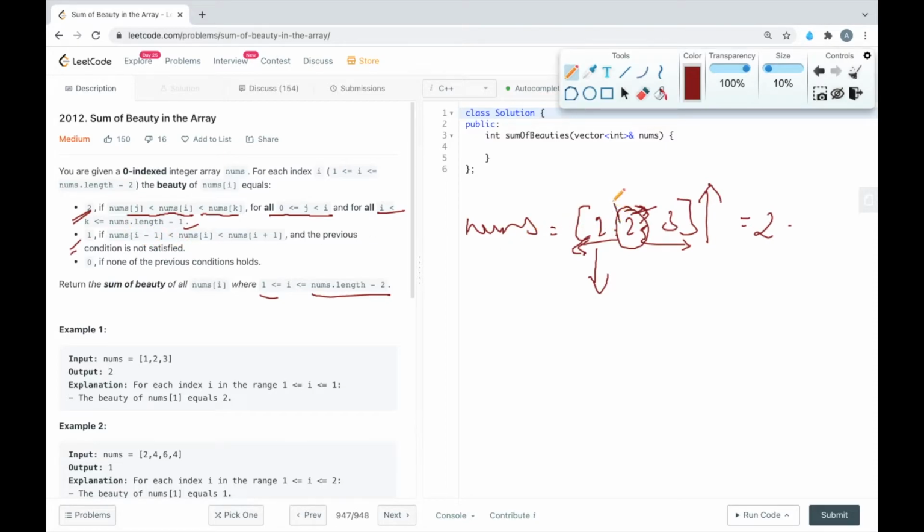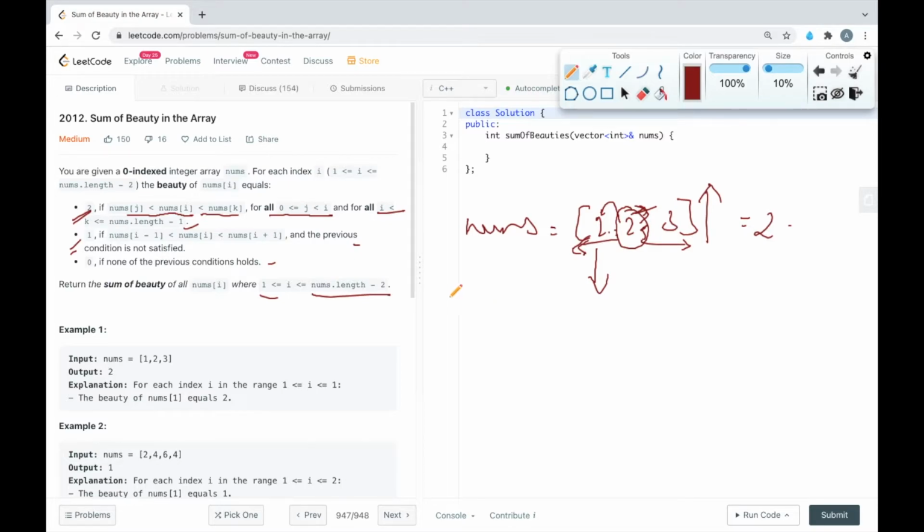We just have to check that the value of the previous element should be lesser and the value of the element after that element should be greater. So in the second condition we don't need to check all the elements, we just need to check the immediate before and immediate after element, and if none of these two conditions are satisfied, then we just add 0 to it, or we can leave the beauty as it is.